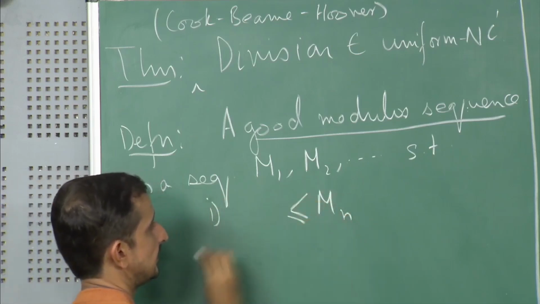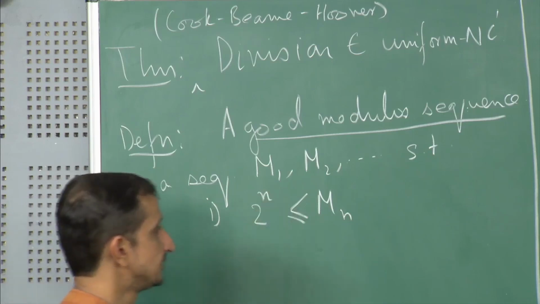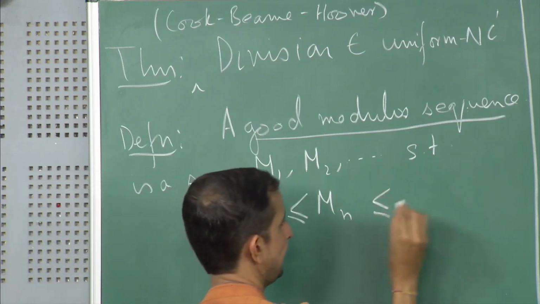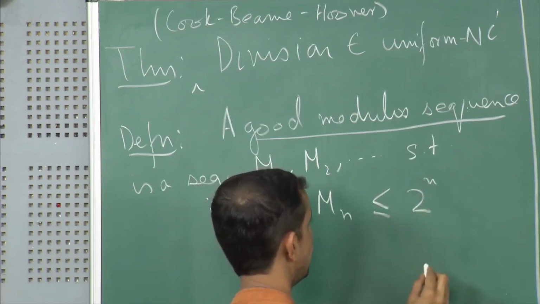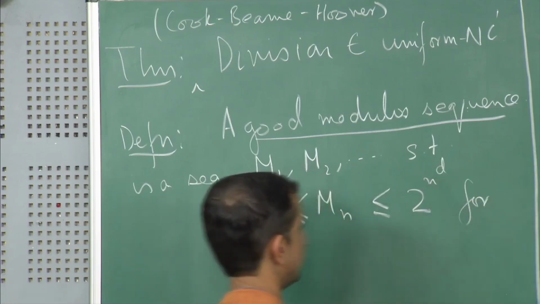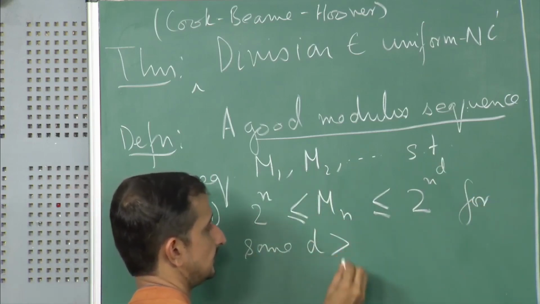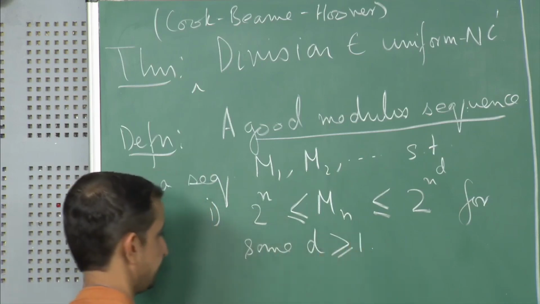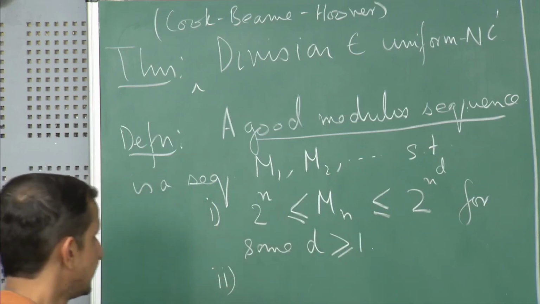First, Mn is at least 2 raised to the power n and at most 2 to the power n to the power d for some d greater than or equal to 1, and the second property is that